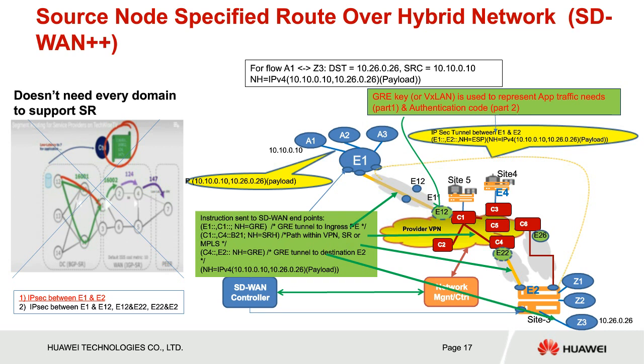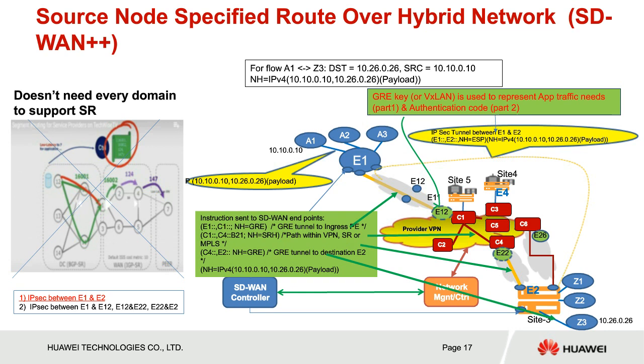For one thing, if you have a simple way like an E1 to the C1 in this example, to have a simple SD-WAN tunnel, that approach requires C1 to be able to recognize applications, which can become difficult because C1, as a provider edge, terminates traffic from many different clients. So it's almost impossible or very difficult for C1 to recognize all those applications. It's better for E1, like the edge device, to recognize the application and add metadata on how the traffic can be forwarded through the provider network.